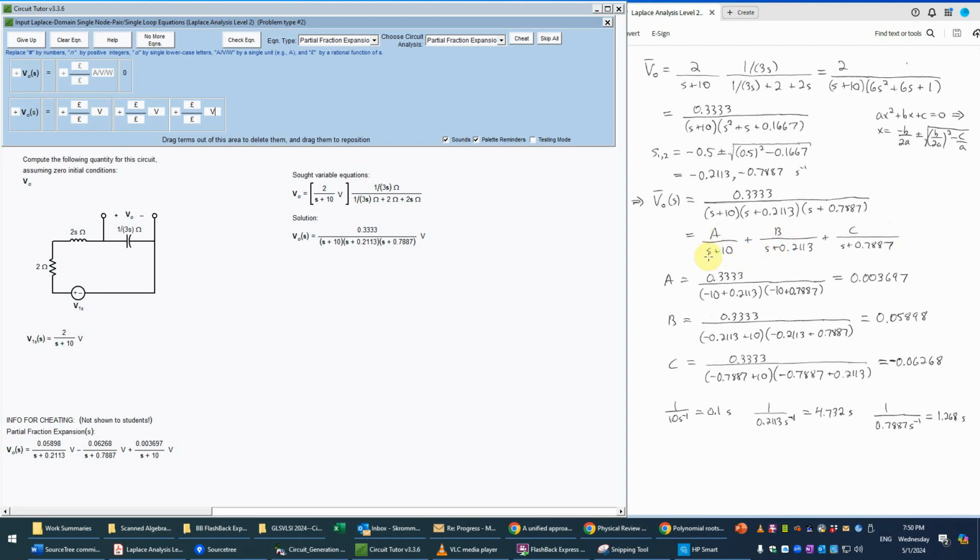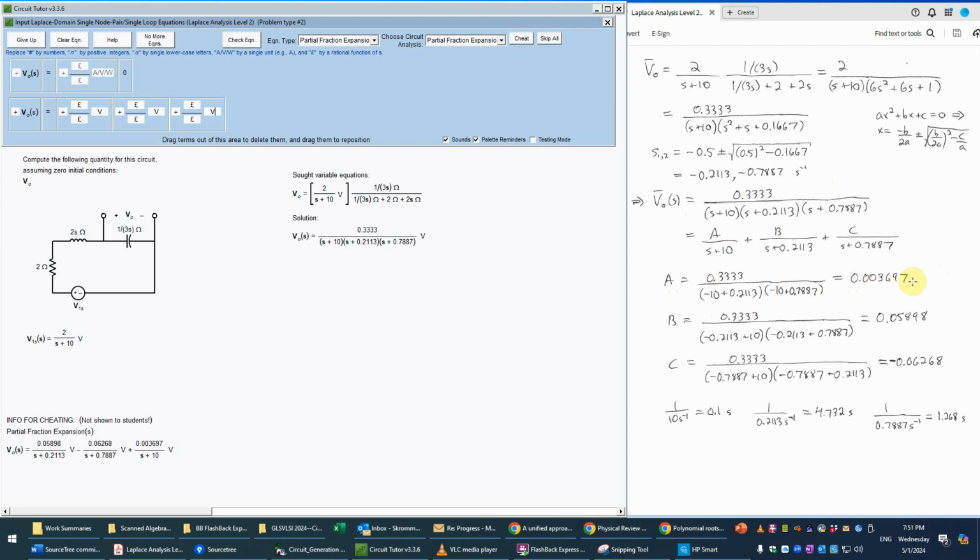And then we set s equal to negative 10, which basically makes those factors go to 0, wipes out the B and C term very conveniently, and just leaves us with A. And then on the left-hand side, when I multiply by the s plus 10, of course, that just cancels out. And now we set s equal to negative 10 in the remaining terms. So we have A is equal to the numerator divided by just this term with negative 10 substituted for s, and the same thing for this term, making the same substitution. Now we just do the arithmetic there on a calculator and find that works out to